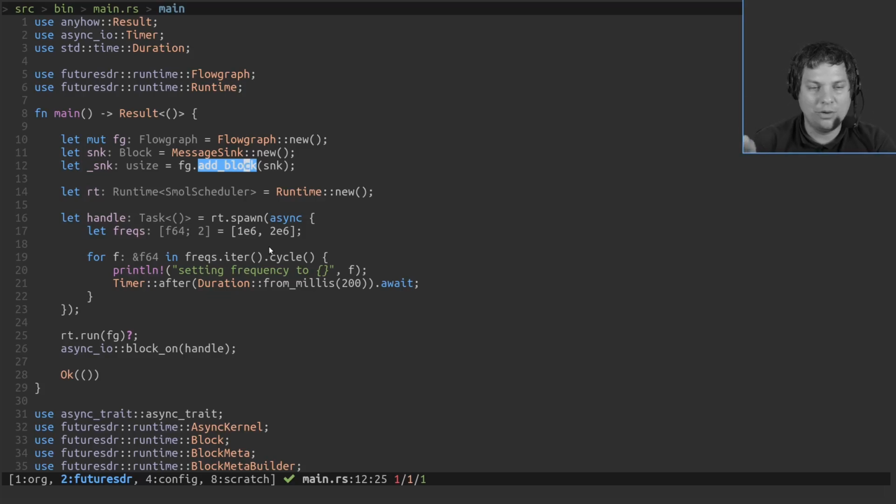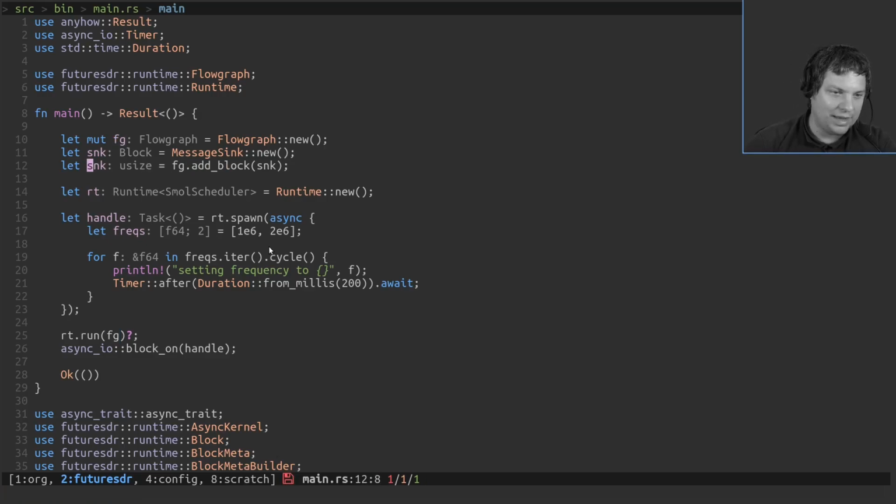So there's no smart shared pointer, and you just get a copy to the flow graph, and then everybody has a shared pointer, and you never know what this guy outside the flow graph starts to call functions while the block is running in the flow graph or whatever. So the block is gone. It's in the flow graph. Everything you get back is an ID, and this is everything we need to address the block inside the flow graph and say, call message handlers on it or whatever you want to do with it.